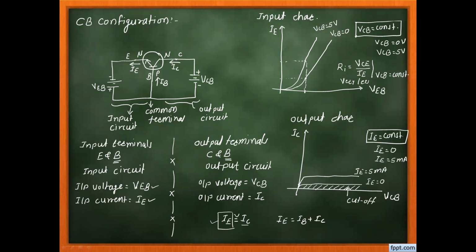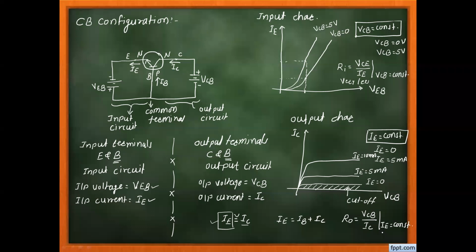Now, if I take IE equal to 10 milliampere, definitely you will get this type of graph here. So here I say that IE is equal to 10 milliampere. Now, if you observe the graph of output characteristics, you can easily say that the graph is just like flat lines. It means that as the reverse bias voltage increases, the reverse bias current IC does not increase. And from that graph, we say that the output characteristic is drawn between output circuit voltage VCB and output circuit current IC. For that, we have to keep the input circuit current constant.